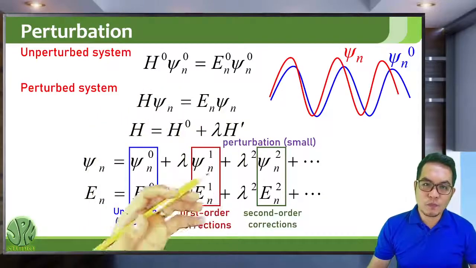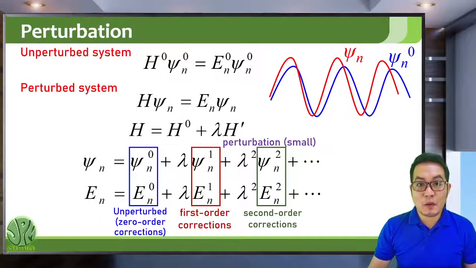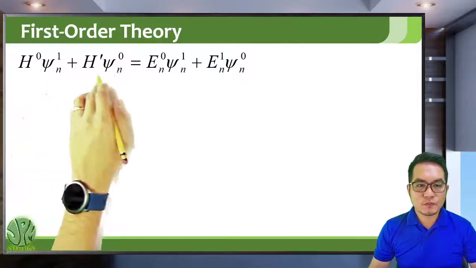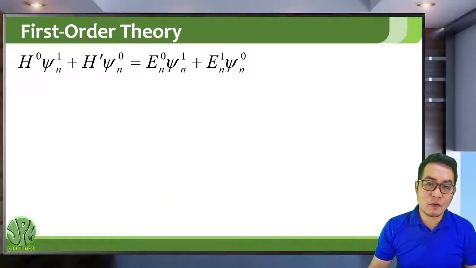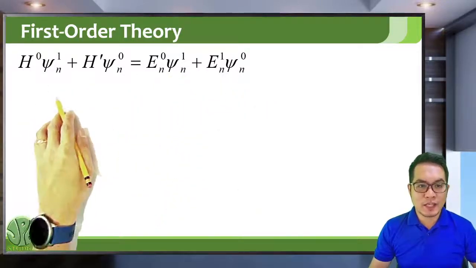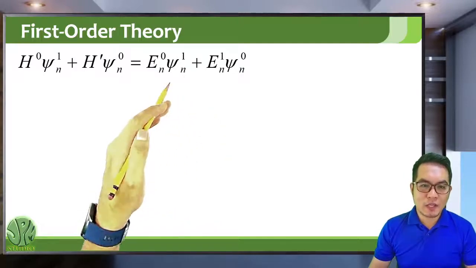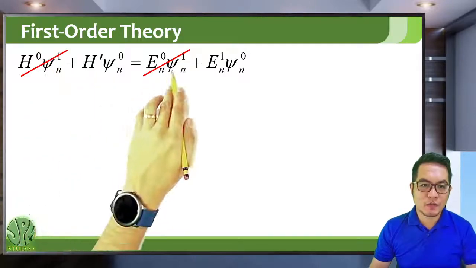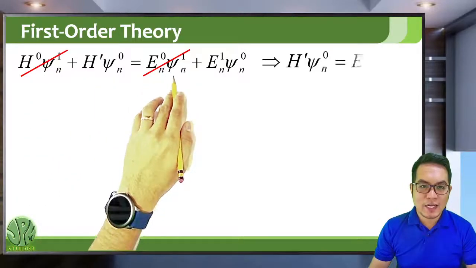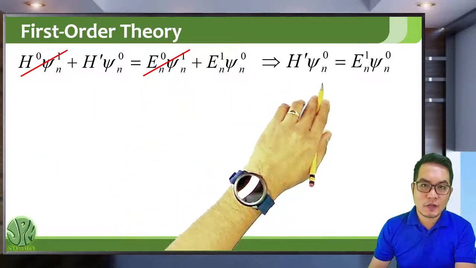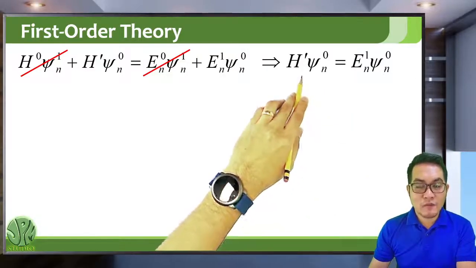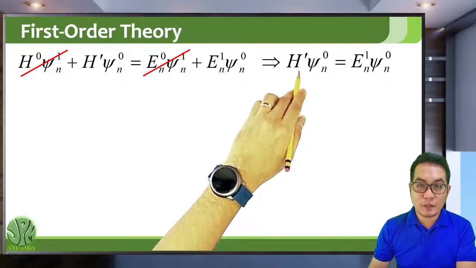But if you group the powers of lambda to the power of 1, you will get our first order theory equation. Now you can actually prove that this term here is just equivalent to this term here, and that reduces your first order theory equation to just a simple eigenvalue equation, where our operator is the perturbation H prime